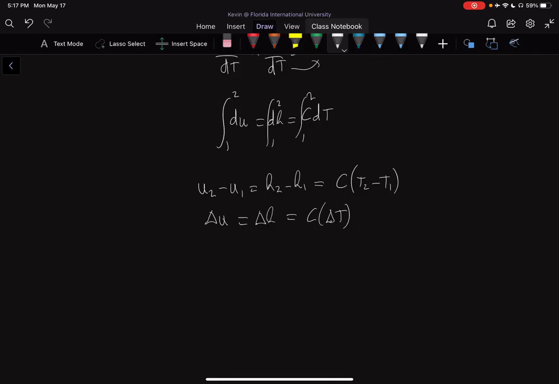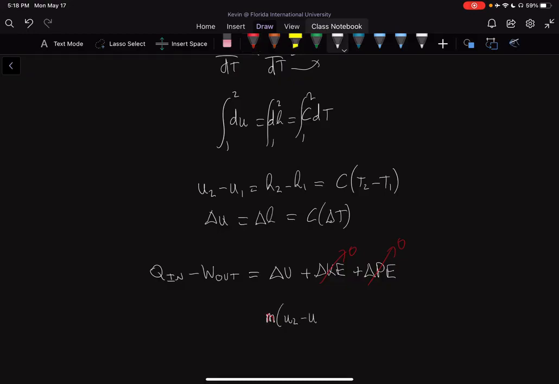the first law. Let's say we have our first law that says Q in minus work out is equal to delta U plus delta KE plus delta PE. We can now assume that KE and PE go to 0, just like before, we can assume that in some cases. We would be left with delta U. And delta U is mass